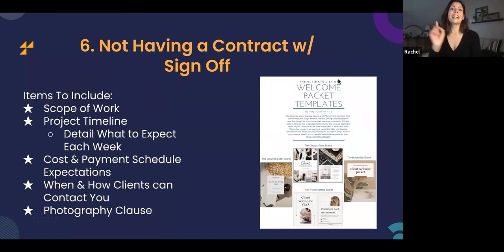Okay. Next, I mentioned earlier the contract. So the biggest mistake you can have, number one, is not having one with a sign off. I don't call my contract a contract. I call it a welcome packet, but it functions in the exact same way. And things that you want to absolutely, at a minimum, include are your scope of work to protect yourself,